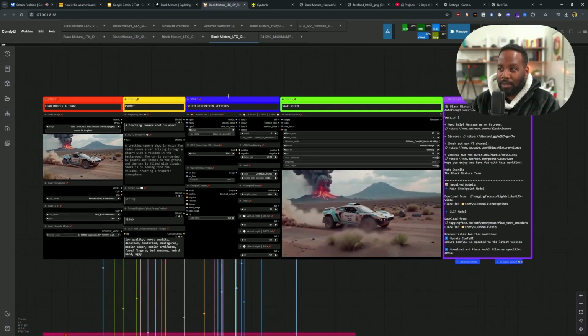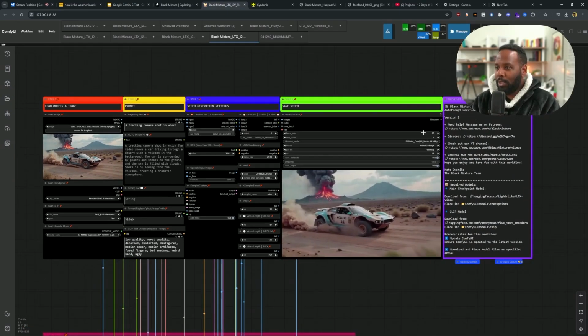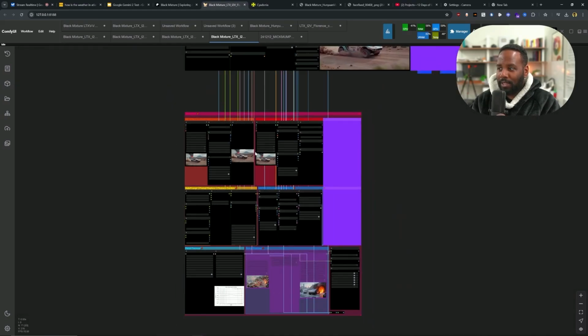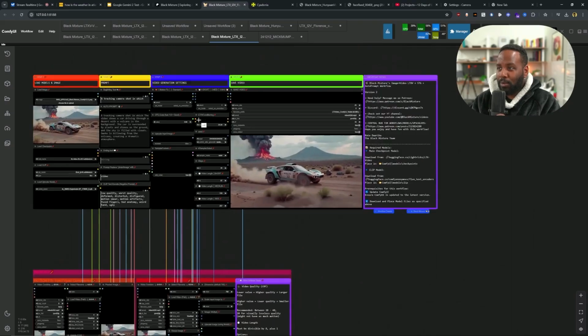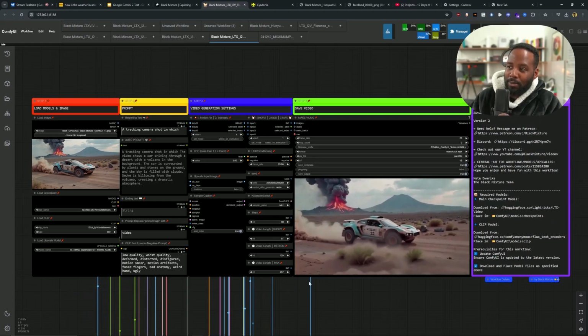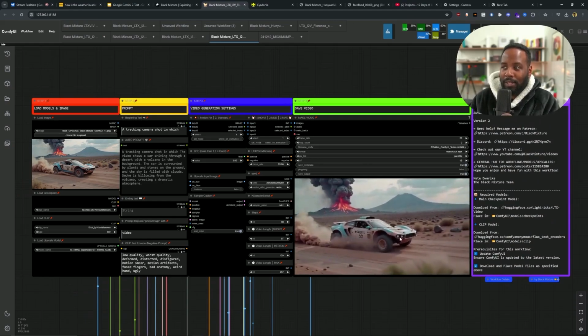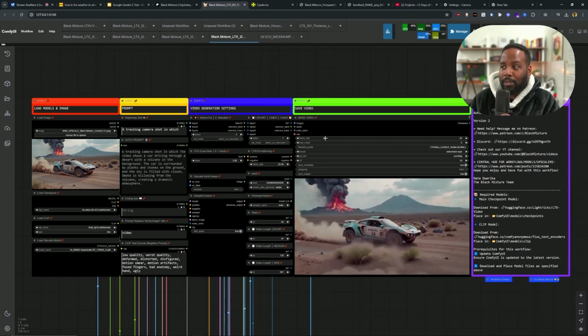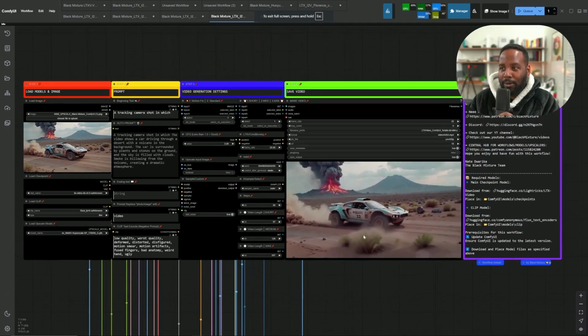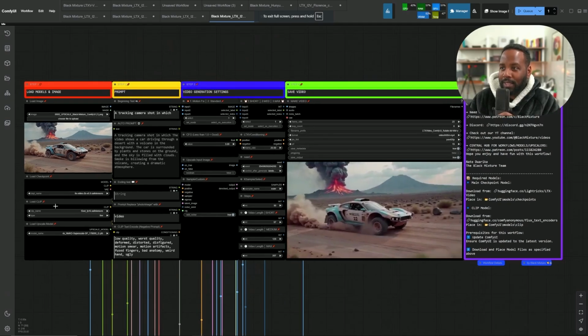So here I have a Comfy UI workflow setup, which does a whole bunch of stuff. This is the back end section of it here at the bottom. And then this is mostly where you're going to be interacting with it. I wonder, can Gemini tell me ways to improve this video based off of these available settings? So I'm going to go ahead and let Gemini think, how can I improve my video based on the available